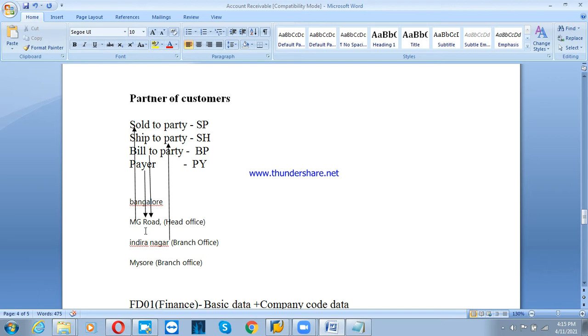What they do is send a request to the head office. Then the head office people send a request to a vendor regarding that material. So the head office is considered the sold to party, and the head office tells the vendor: instead of sending the material to the head office, please deliver the